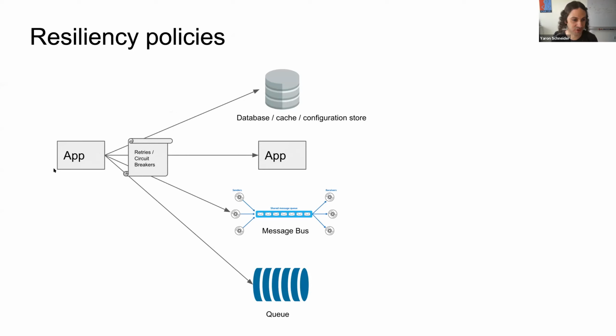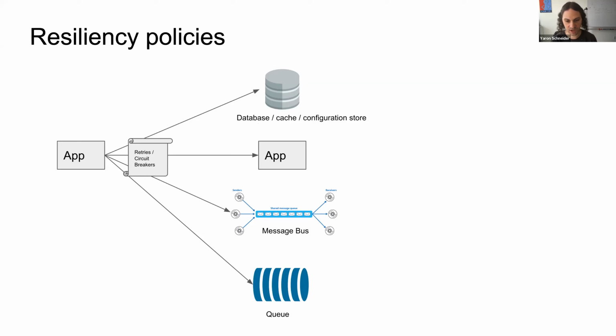But what service meshes don't give you in that sense is the ability to put retries and circuit breakers on your entire system. So your app naturally, most of the time, won't be just composed of one app calling the other. You'll probably have databases and caches and configuration stores and secret stores and message buses and queues. So in 1.7, using Dapr, you'll be able to apply global retries and circuit breakers across your entire infrastructure, which means that you'll be able to cover not only apps with retry policies, but essentially all of your infrastructure to